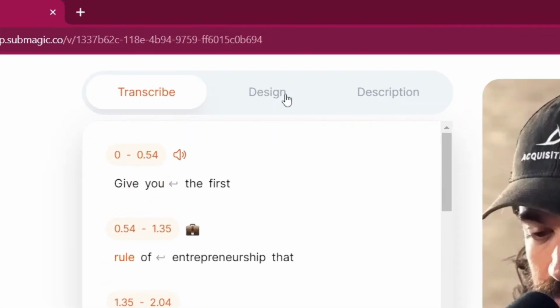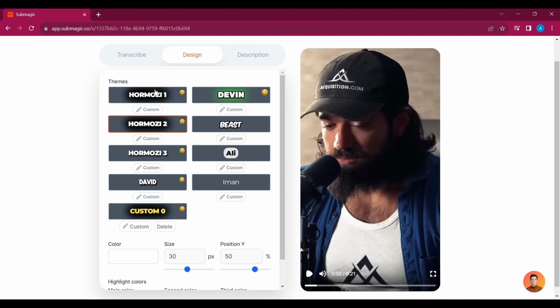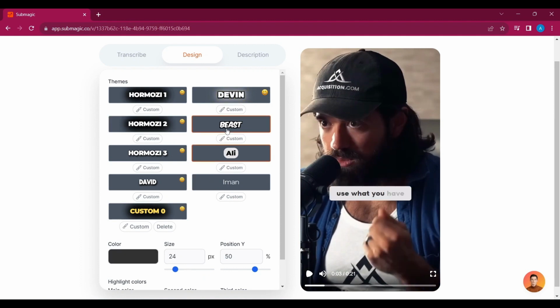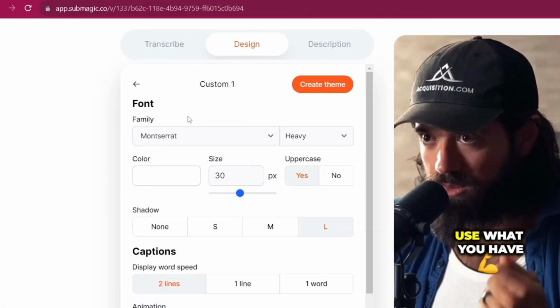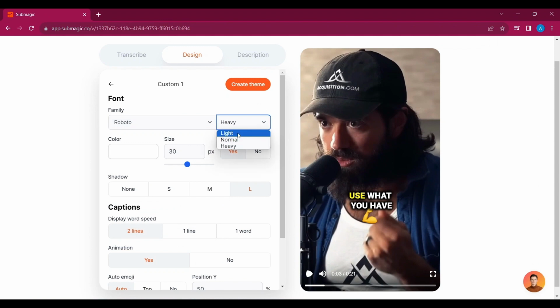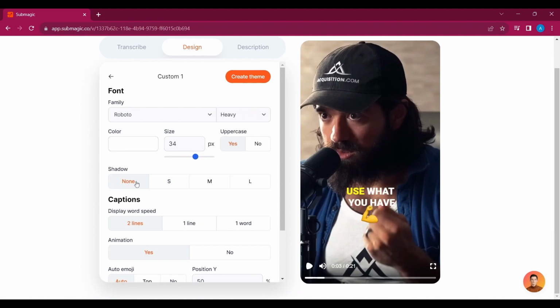In the top bar you can click on design and here are all kinds of themes from Hormozi, from David, from Devin, Mr. Beast, Ali and Imangatsi. And as you click on it, it automatically changes the style. If you click on custom, you can change the font. If you want the words to be light, normal or heavy, you can select the size of the words. If you want to have it in uppercase or not. If you want to add a shadow,